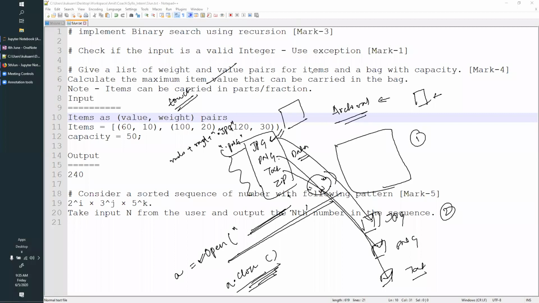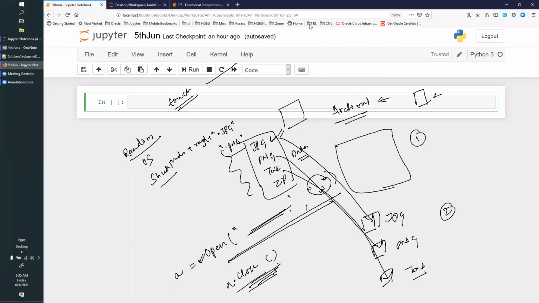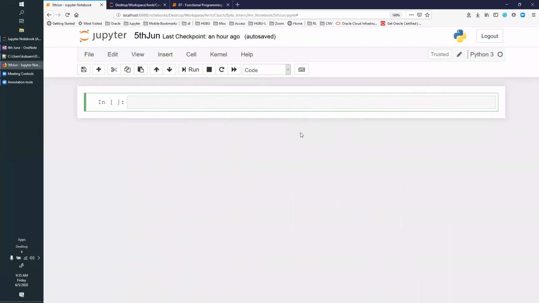So what you will require: we have used this random library or module, right? Similarly, to do all these things, you will require some other libraries like the OS library and shutil library. Just go through it, explore it, and see how you can do these things. Let me just go through that once a little bit quickly. I will go through those libraries, how you will be exploring them.